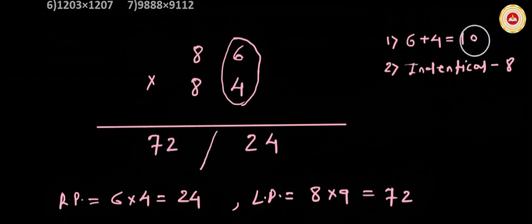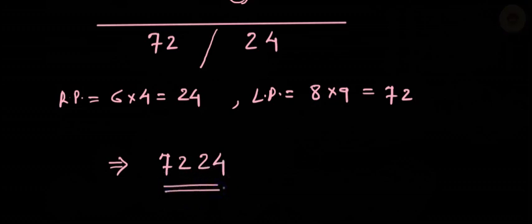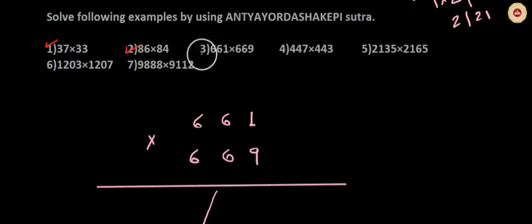Now count the number of zeros in the sum. There is only one zero. It means that we need two digits in the right part, which we already have. So let us remove the slash and write the answer. 72, remove slash and write 24. 7224 is the answer. Third example,